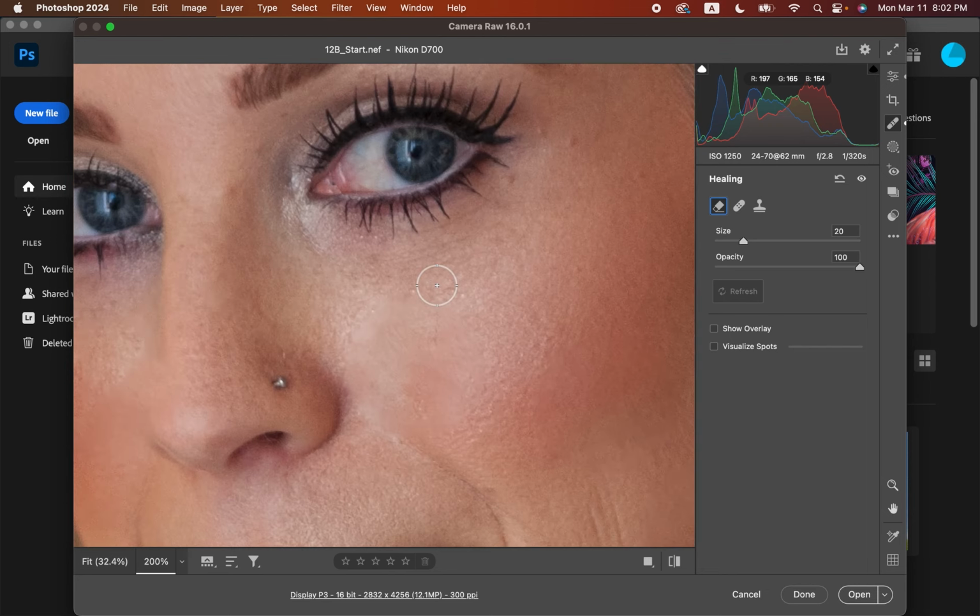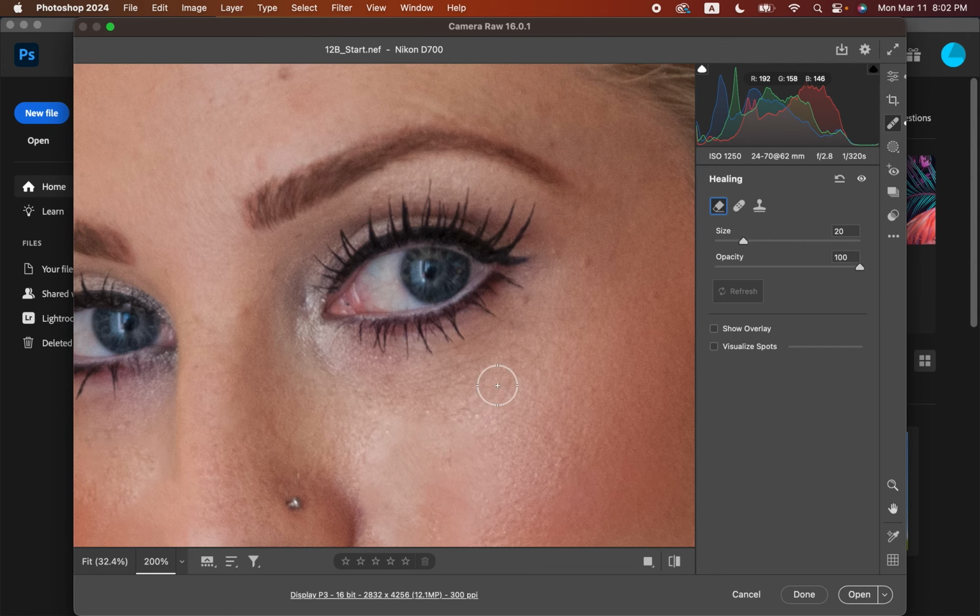Control plus is going to have you zoom in, and then the hand tool is accessible to scroll around the image using the space bar. So for shortcuts, you can do it that way. I like to use the space bar for the hand tool. I do that a lot. Let's see, we got some weird eyelashes going there. So you just kind of want to keep it natural looking, but remove any